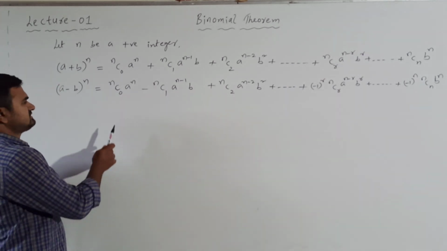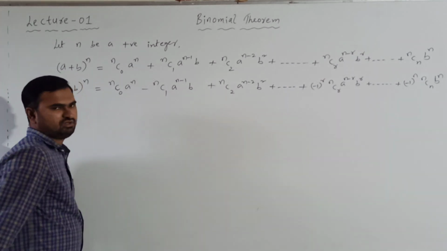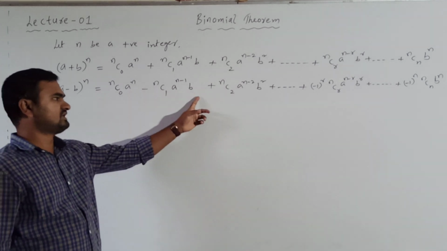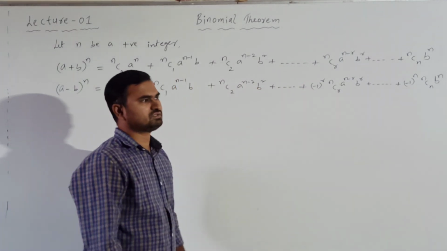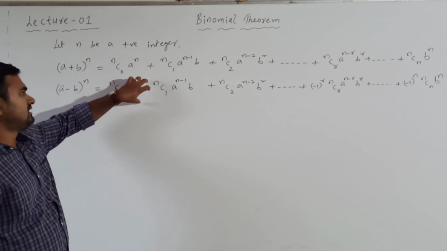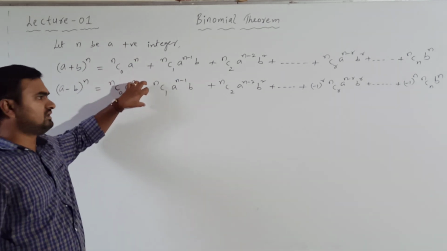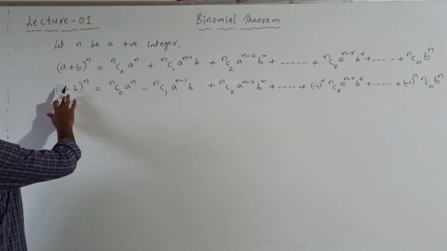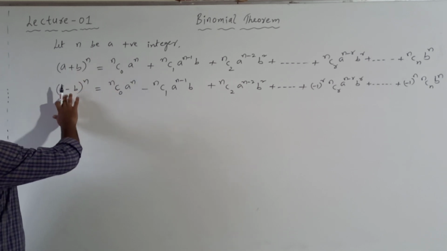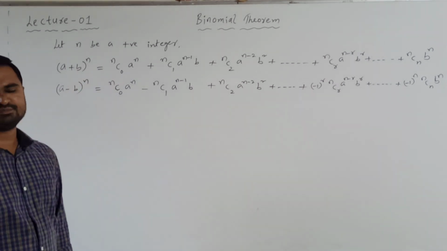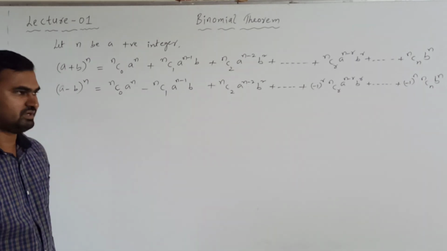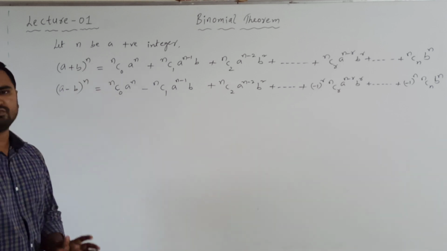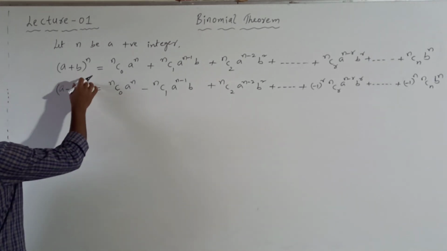Now in this expansion of (a minus b) whole power n, we are getting alternately positive and negative terms, plus minus and so on. So compared to (a plus b) whole power n, (a minus b) whole power n has alternately positive and negative terms. Sometimes we need the expansion of (a plus b) whole power n plus (a minus b) whole power n, or (a plus b) whole power n minus (a minus b) whole power n. So if I take the sum of these two and then the difference, see what expanded forms we get. If I add,